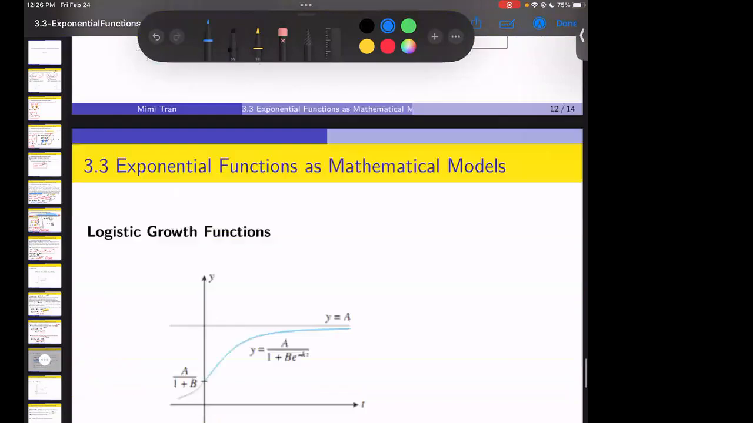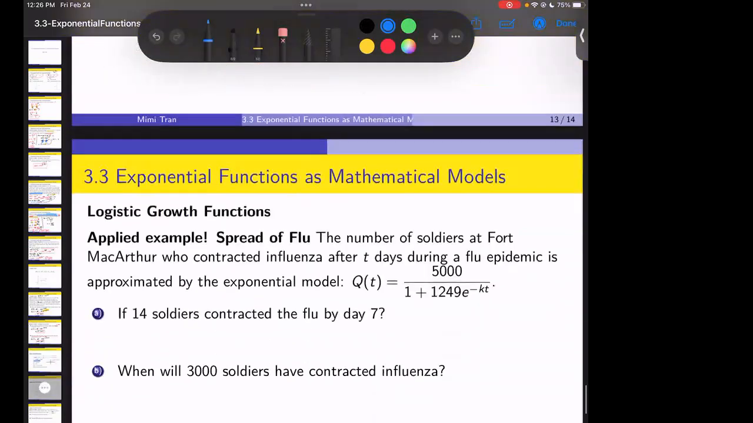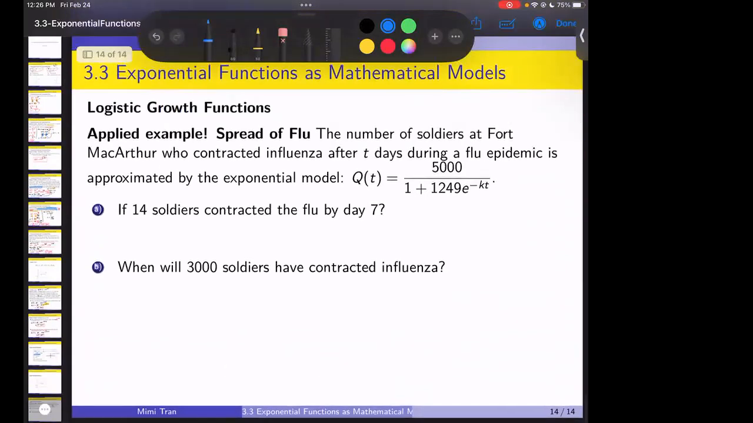All right, let's take a look at the graph. Let's take a look at this example. Spread of flu. The number of soldiers at Fort MacArthur who contracted flu after Tuesdays during the flu epidemic follows this model. It's a logistic model. If 14 soldiers contracted flu by day 7, then